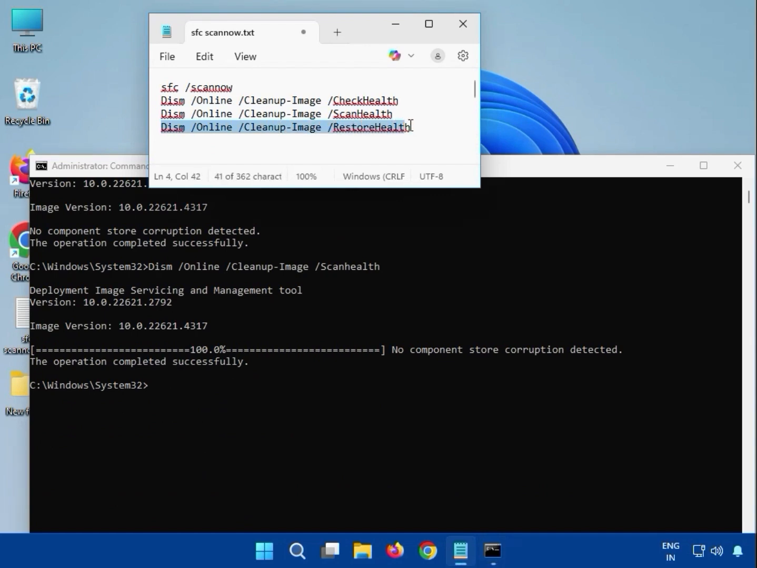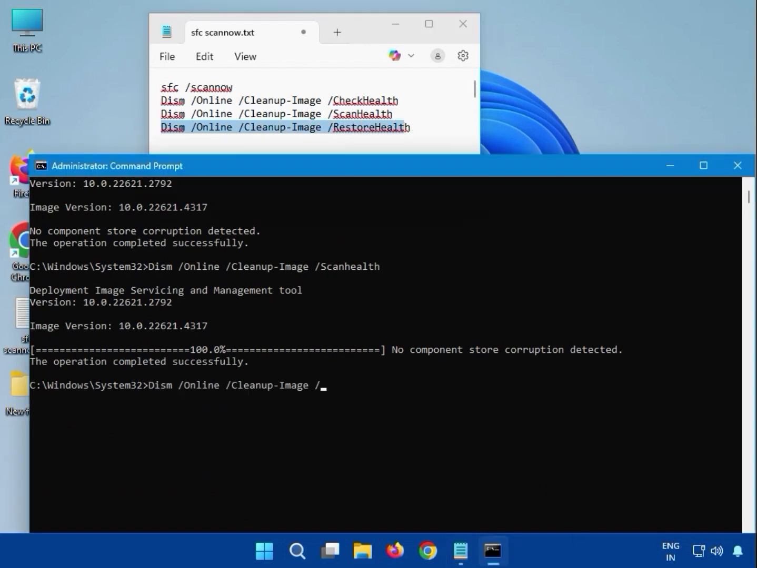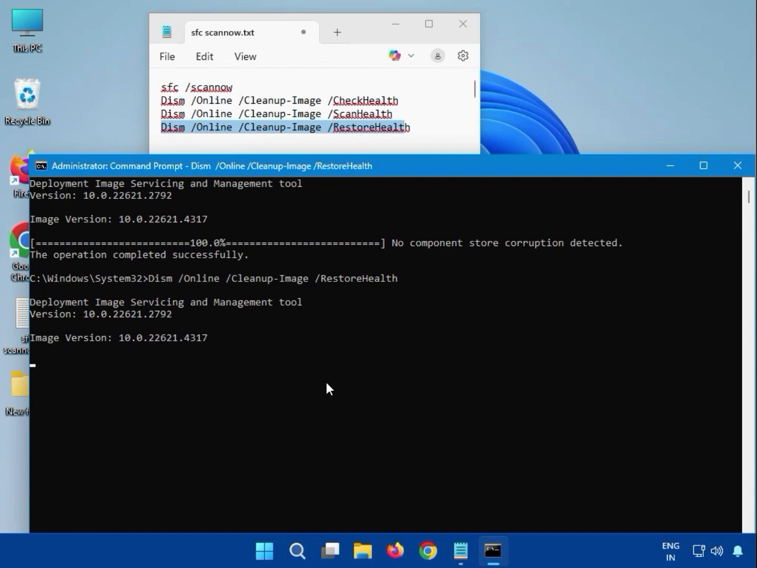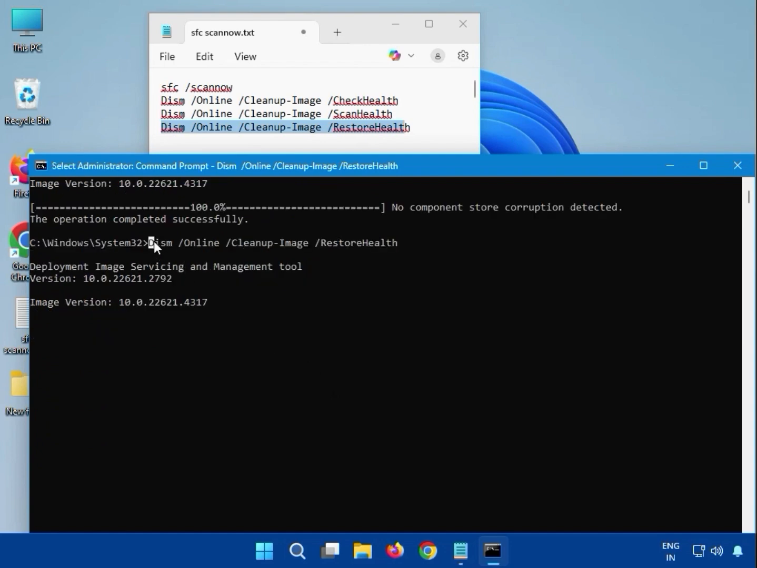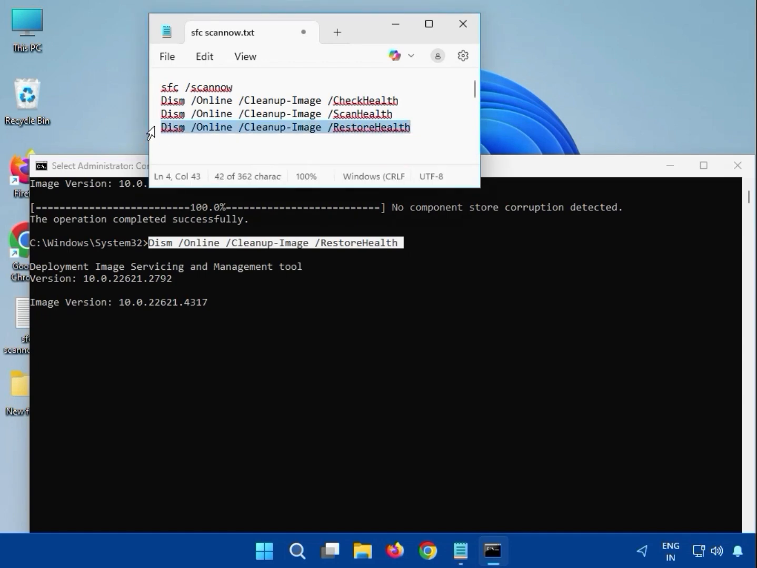Then guys, fourth one, which is restore health, you can see here we can enter DISM and all, and please note small and capital. Okay, restore health, and then hit enter. Again guys, you have to wait. Okay, it starts the percentage, it will complete. After that you can see here